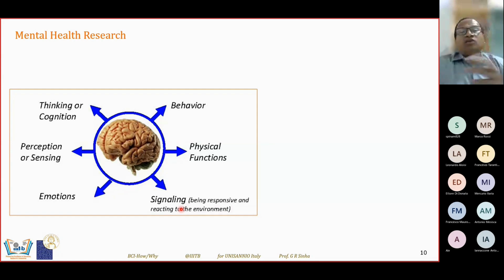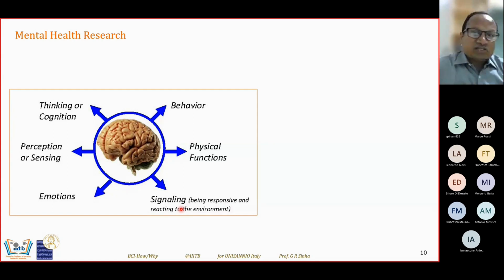Generally we say sensor: we are watching something, so the stimulus is converted into an equivalent signal. If your mobile phone has a sensor, it converts the signal into electrical. But in an actuator, like in robots, the electrical signal is converted into mechanical, so some movement takes place. So that is included in the physical function, then emotion, the study of sentiments and emotions, then perception or sensing,